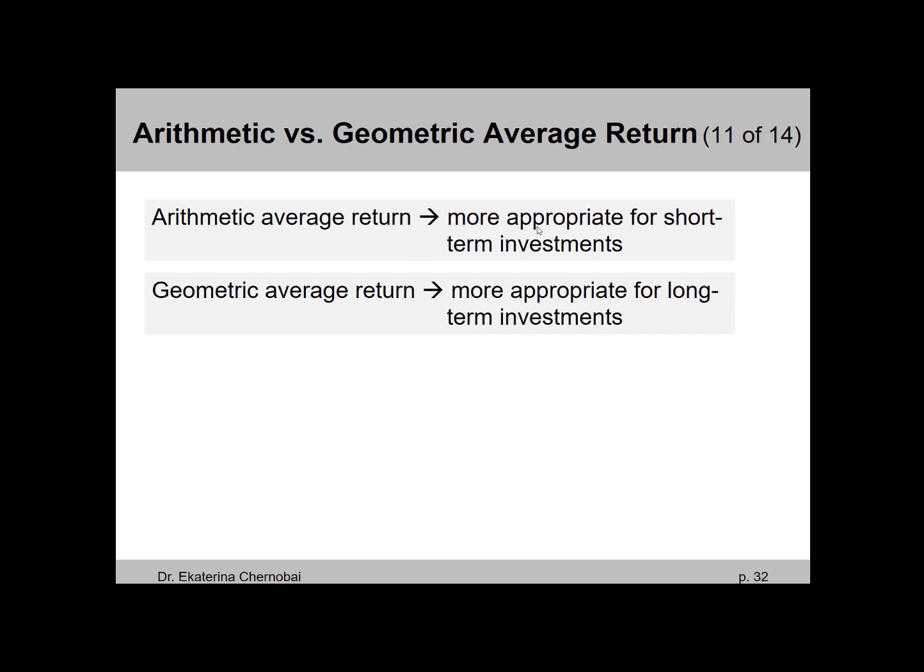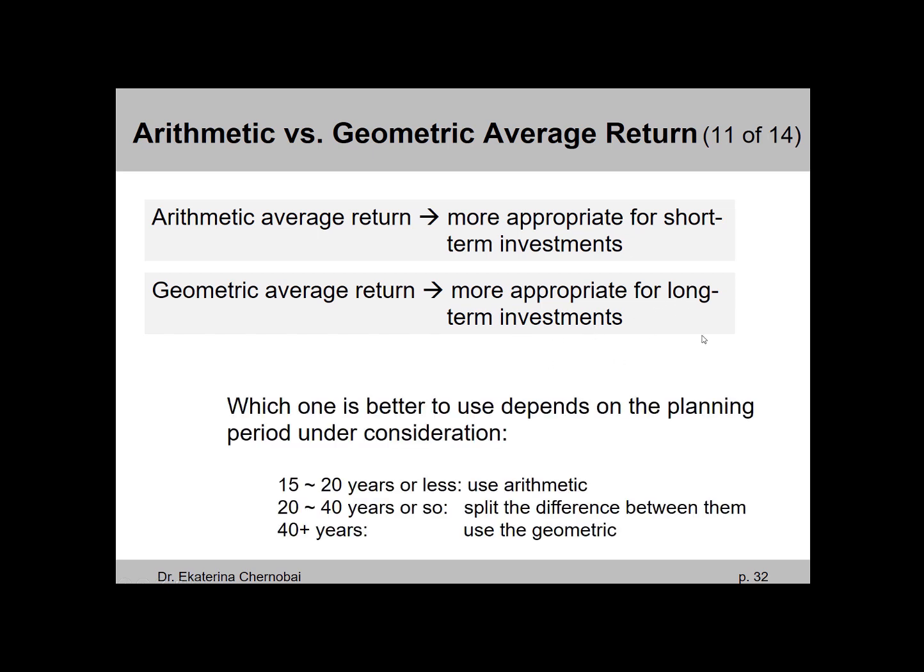Typically, the arithmetic average is more appropriate for very short-term investments, like you only want to invest your money for a couple of years. Then it's good enough to just find a simple average, which is what the arithmetic average is. The geometric average is more appropriate when you plan to invest your money for several years or many years, so